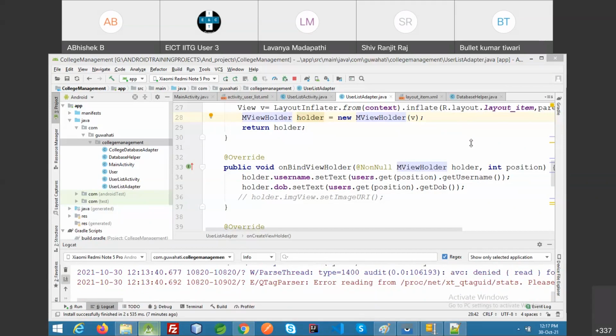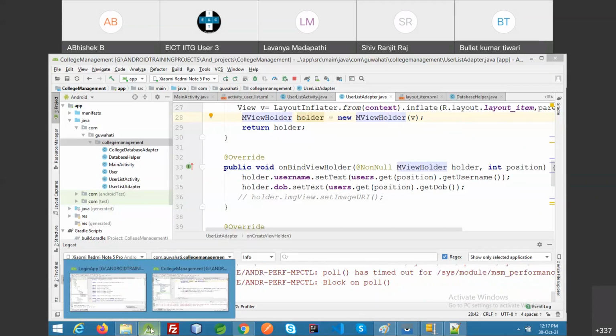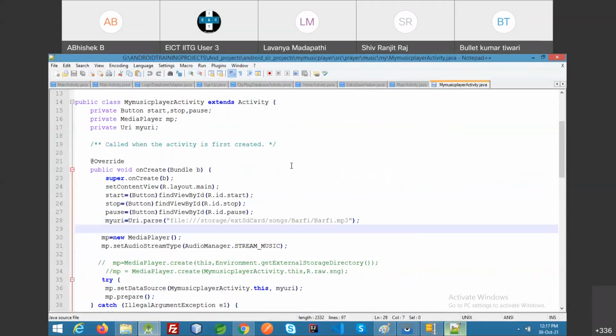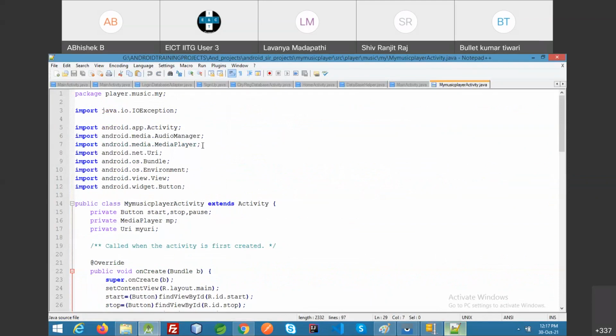Okay, so let me create an activity. That's basically the thing, you need to understand which class is used for doing this. The class is the media player. Will there be an advanced workshop? You can have that, but it will be for at least 2 months. You need 2 months of training on this, then I will make you a developer. I assure you, I can make you a proper developer.